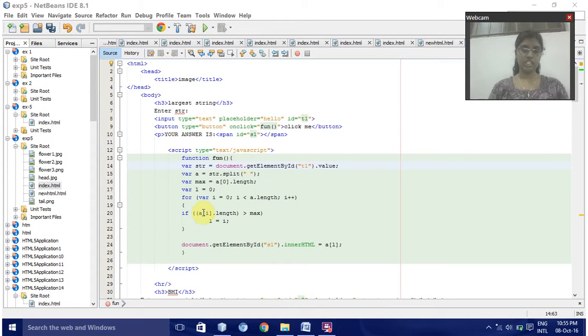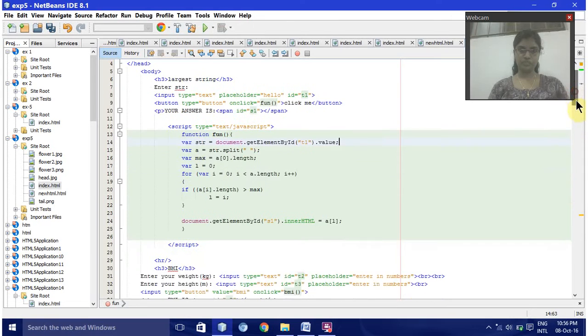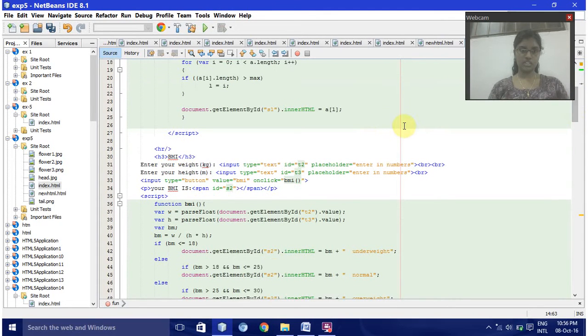and then after that if tag we have, if we are using a of i dot length is maximum, and then L is equal to i, and after that document dot getElementById S1, and in innerHTML we have used. Then after that closing the script tag and then closing the HTML tag, and after that another we are